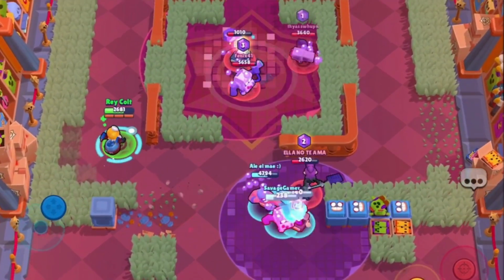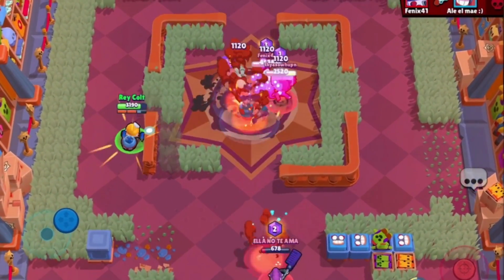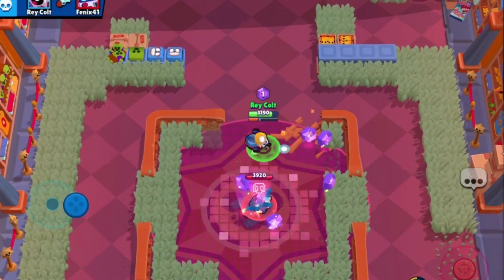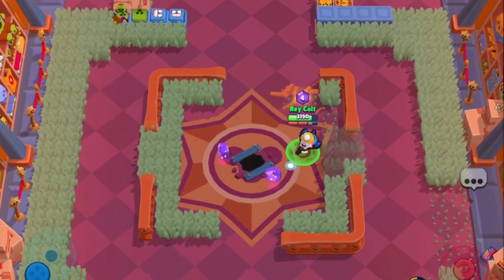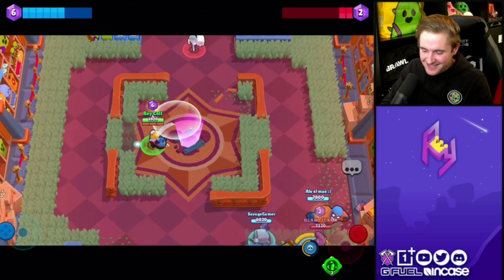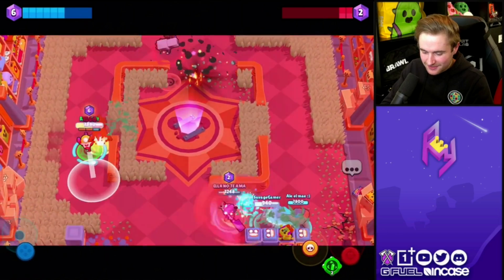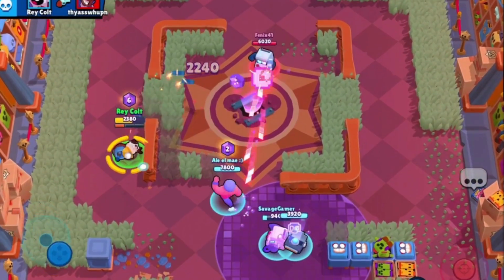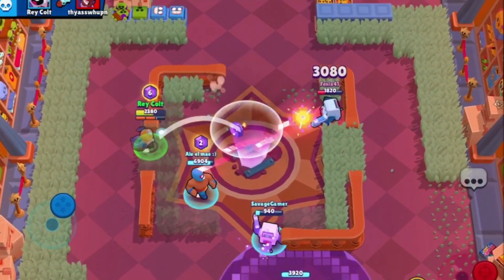Okay, here we go. Let's go like this. Come on, baby. What you got? 8-bit is so easy to abuse with Dynamike. You just gotta hit auto aim and you're good to go. Just that movement speed is so hard to get around. The Mortis is playing super aggro for his team right now, but he should be paying attention to the rampant